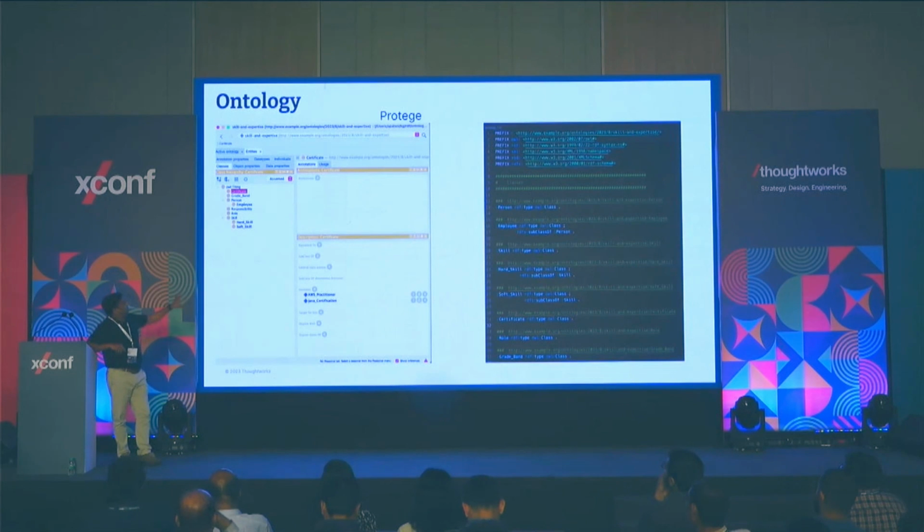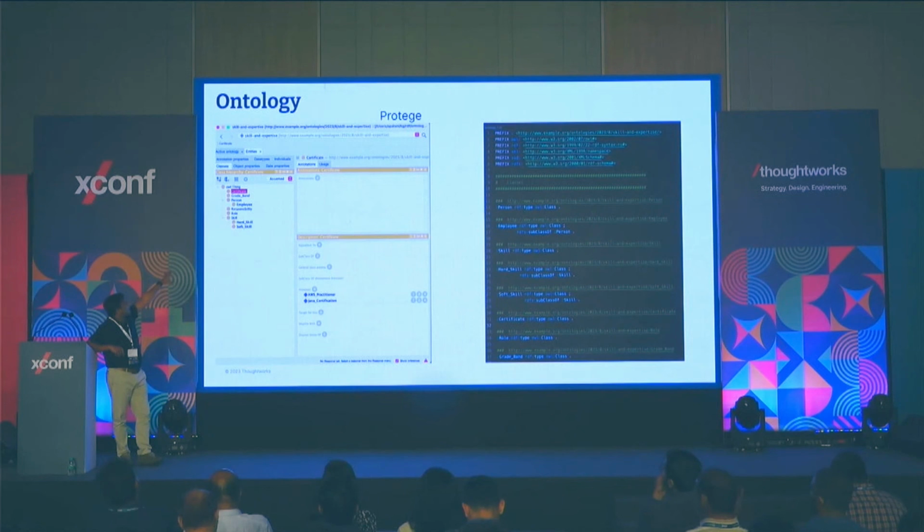And there is a third-party open source tool called Protege, using which you can define and create your own ontology file. As we talked earlier, an ontology is nothing but the schema or the structure of the target knowledge graph, right? So you can use the Protege tool to design your own ontology. Here, I have created